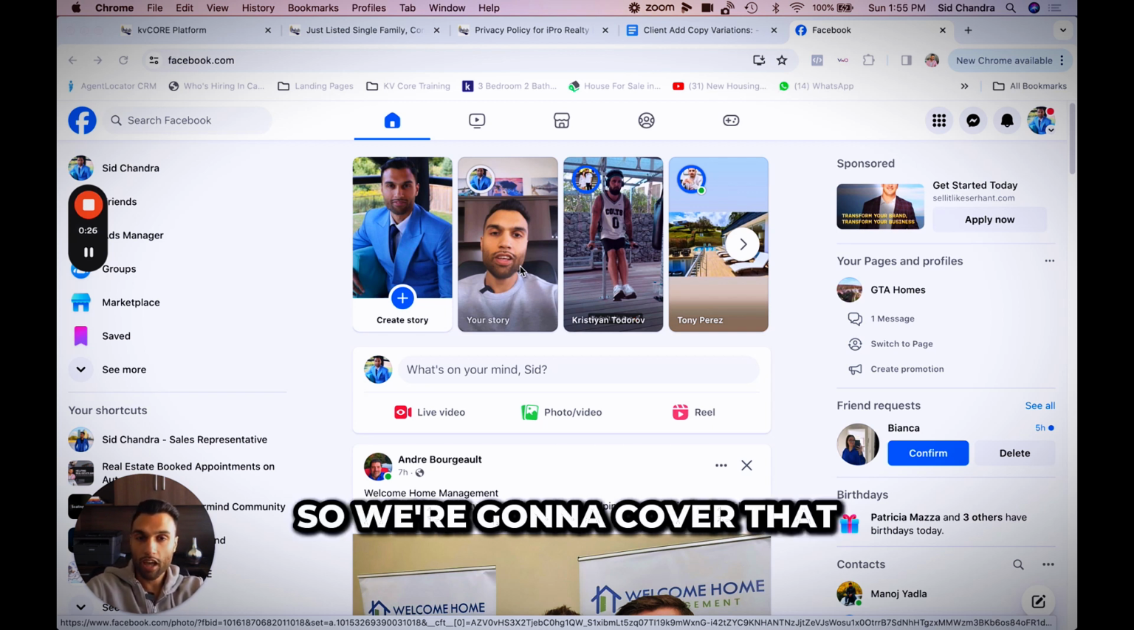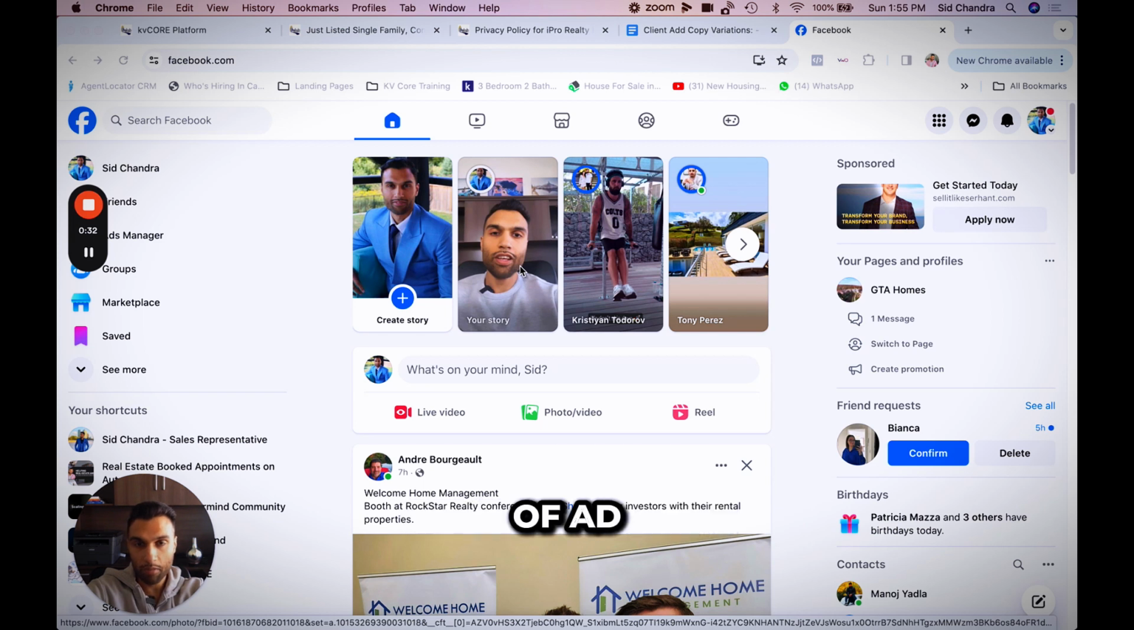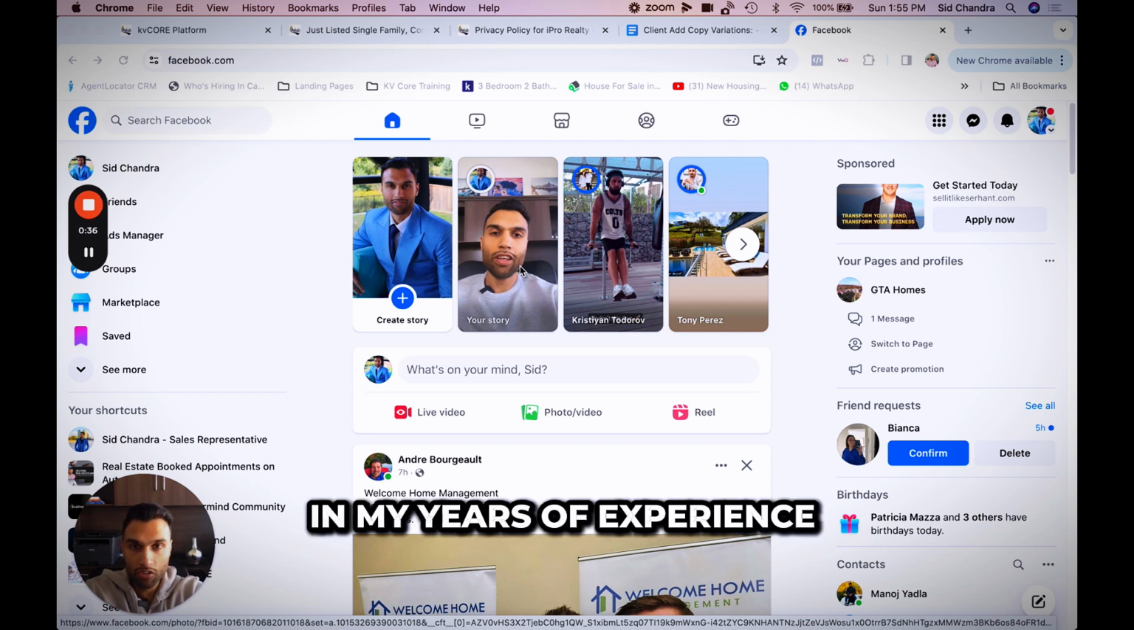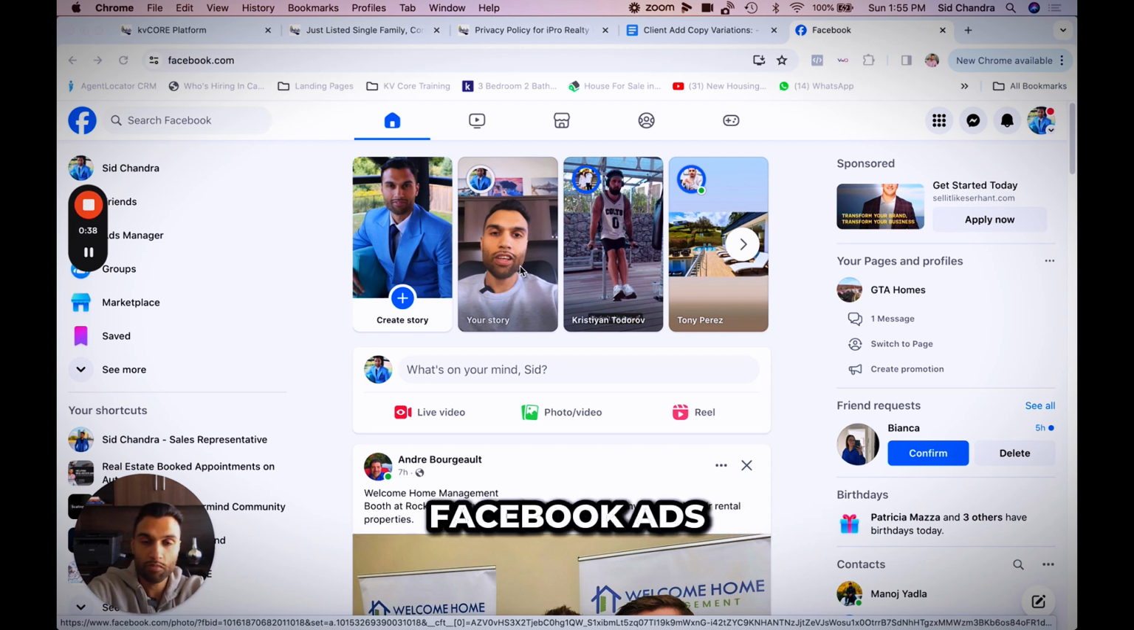So we're going to cover that, and we're also going to cover what is the highest converting type of ad. In all honesty, in my years of experience of running Facebook ads, video has been the highest converting ad